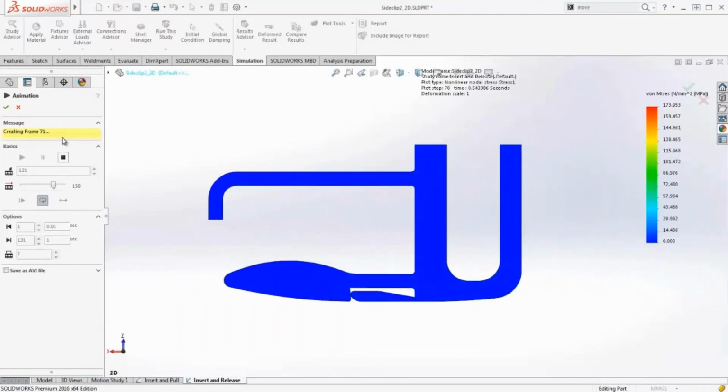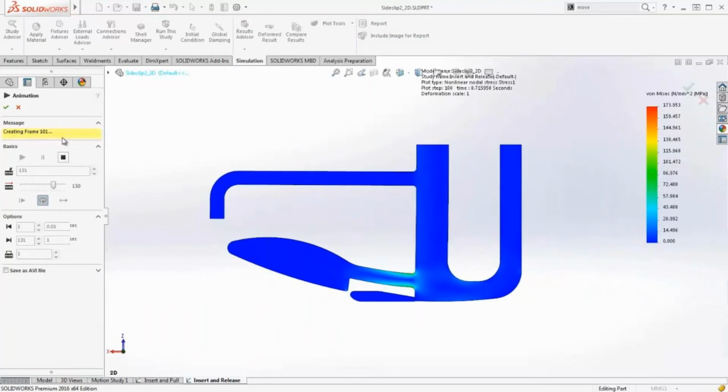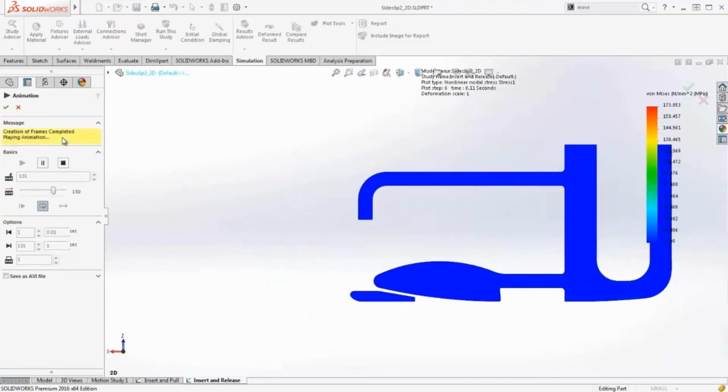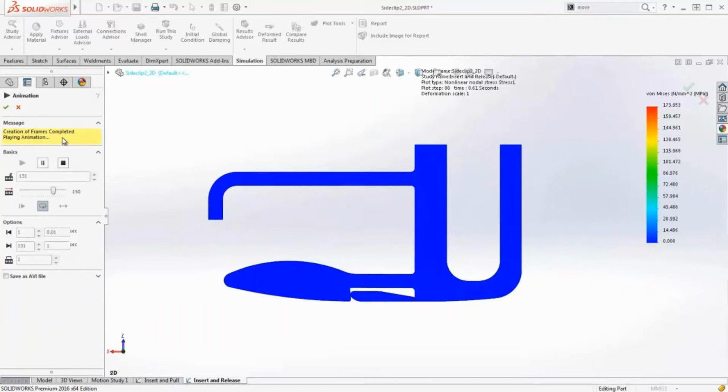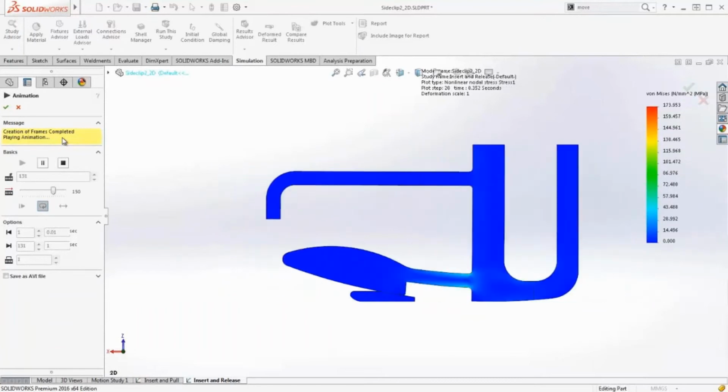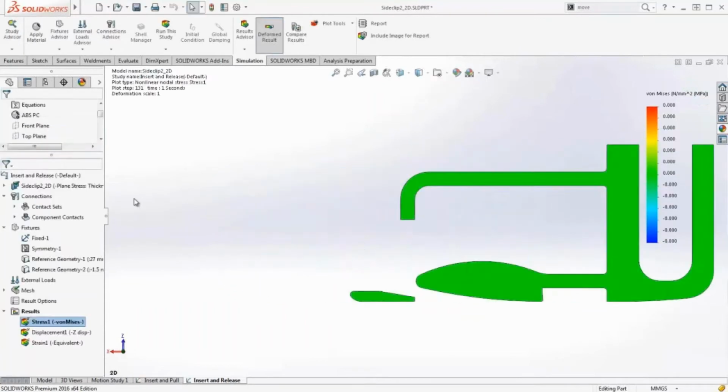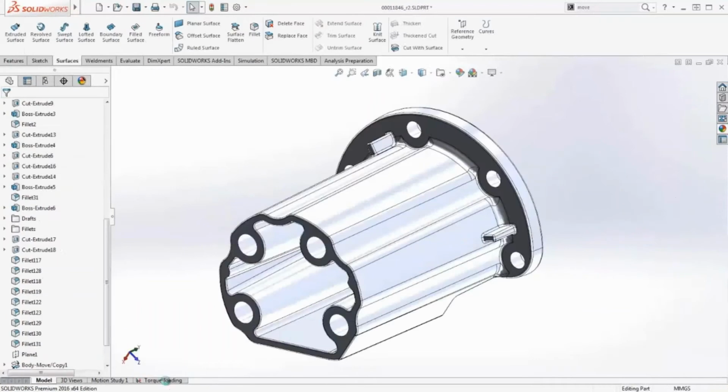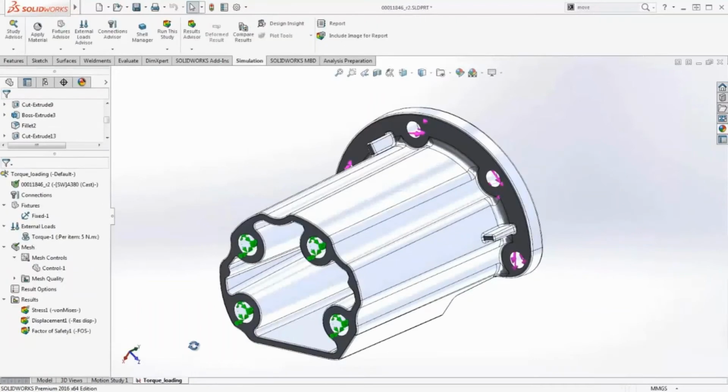In the animation, we can see the insertion, the side clip being pressed in, and then finally the clip is being pulled back out, allowing us to confidently determine the forces needed for these operations and ensuring that they meet our requirements. Now this housing mount in the robotic arm is used to transfer a mixture of bending and torque